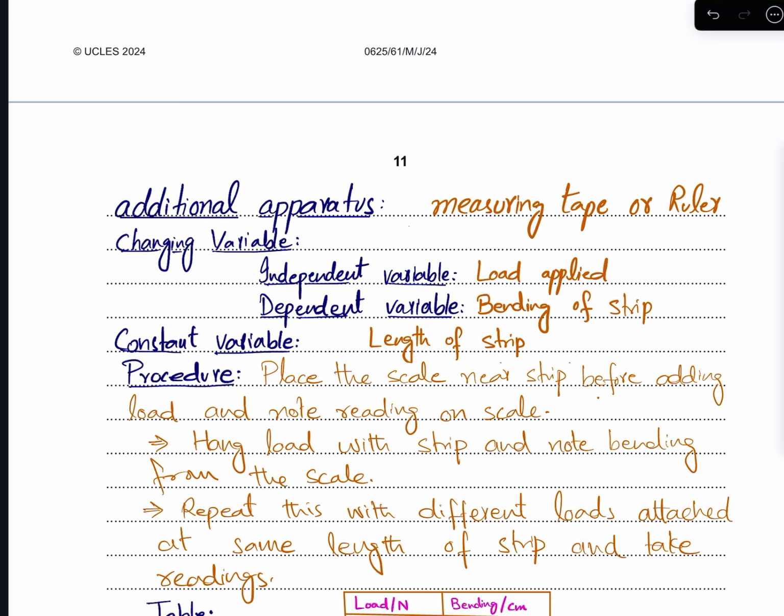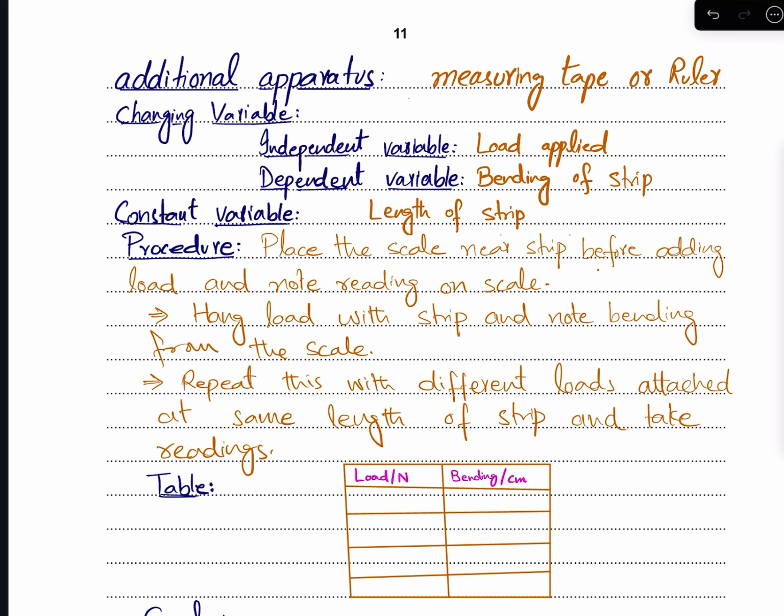जैसे मैंने कहा कि मैं डिफरेंट लोड्स पुट करूंगा वहां पे, तो लोड आई कैन चूज इंडिपेंडेंटली, लेकिन इस लोड की वजह से क्या चेंज होगा? बेंडिंग ऑफ द स्ट्रिप, तो दैट इज डिपेंडेंट वेरिएबल। ओके, तो इंडिपेंडेंट वेरिएबल इज लोड जो मैंने चूज किया, और उसकी वजह से बेंडिंग हो रही है वहां पे, वो भी चेंज होगा वेरिएबल, लेकिन वो डिपेंडेंट है किस पे? इंडिपेंडेंट वेरिएबल पे।